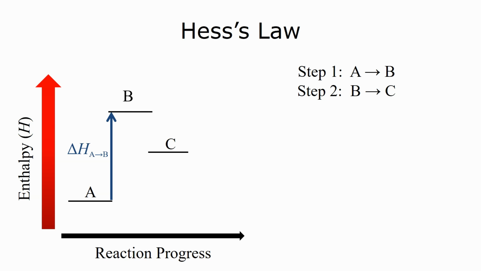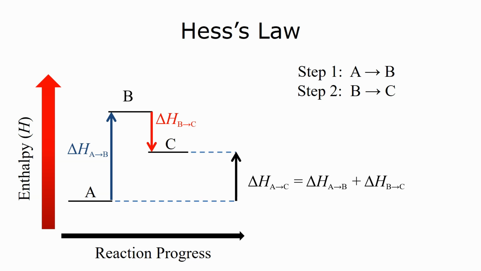Well, in this example, every time we go up in enthalpy, it is an endothermic reaction, and every time we go down, it's an exothermic reaction. So notice the difference between A and C really hasn't changed. Even though we took a new pathway by way of some intermediate B, the net enthalpy change of this reaction is still the same. And if we want to measure the enthalpy of A to B and the enthalpy of B to C,